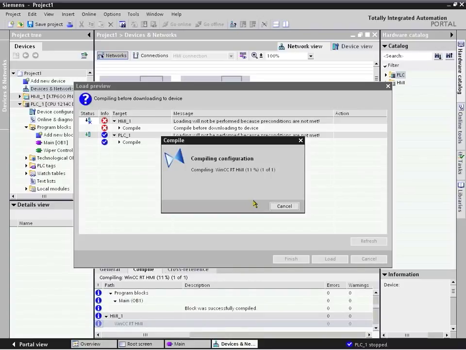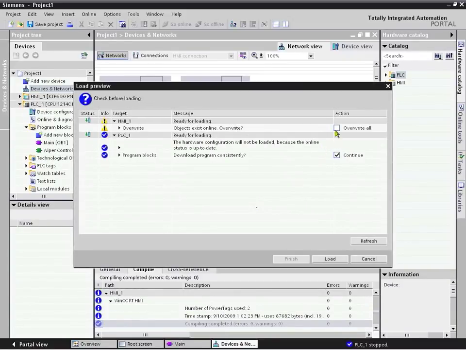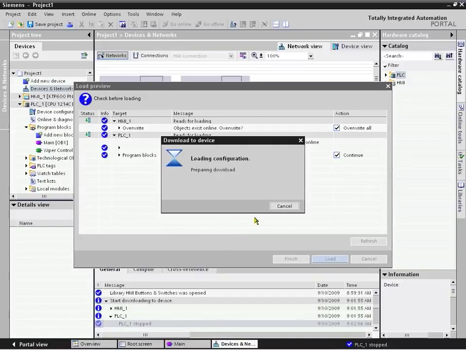Since this connection is on Ethernet via the programming PG or laptop, and through the network that it is on, you can download all these simultaneously without having to do any other communication configuration or move cables around or anything that's quite time consuming in updating a system that has both HMI and controller. So we just follow through on the dialogues here. It leads us through the completion of the download of both devices, HMI and controller. And then when it's finished, we're able to go online,